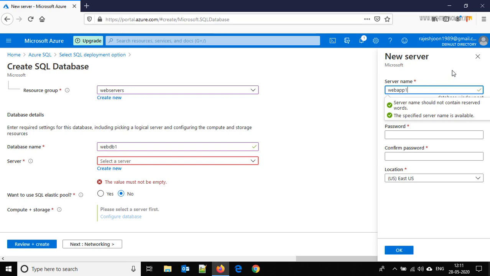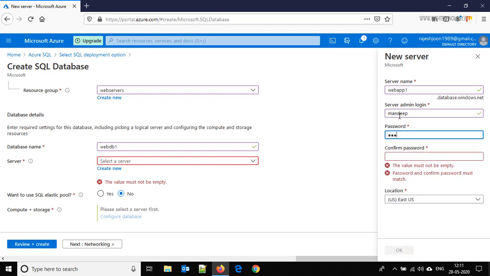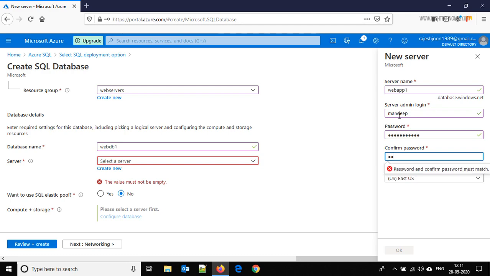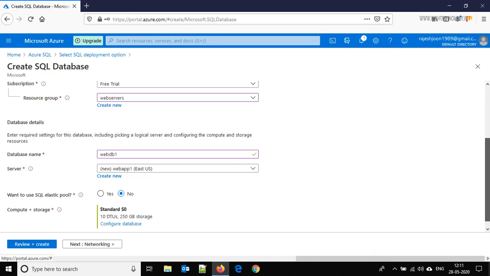It's available, and here we have to provide the SQL server admin login. So just provide it, provide a password, and this is the location. If you want to change the location, you can change it. I'm keeping it default, and just click on OK, and a server is created.